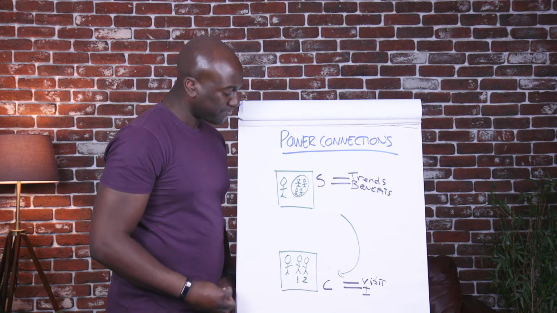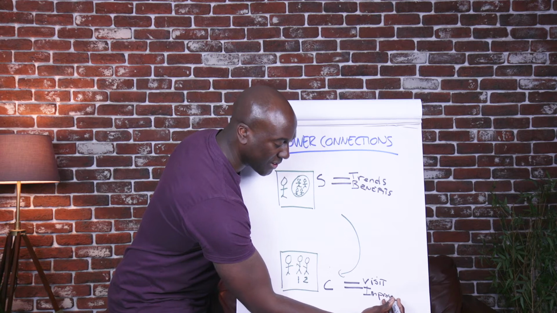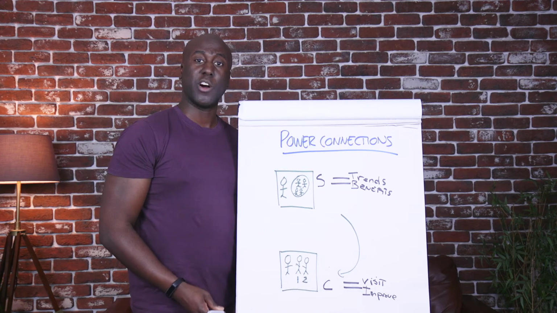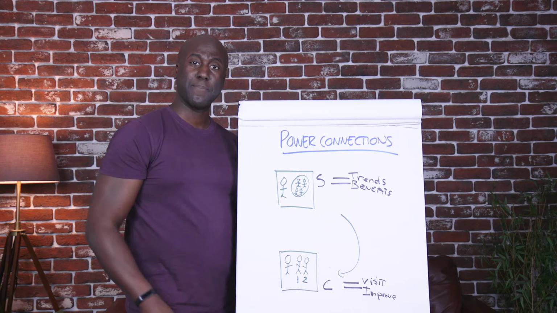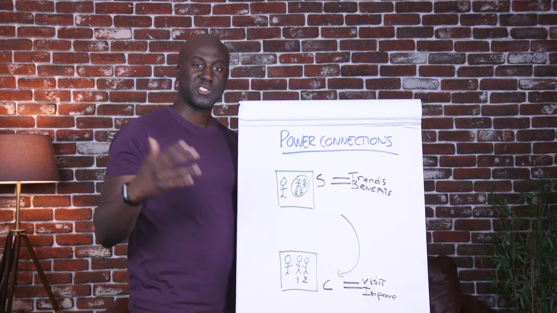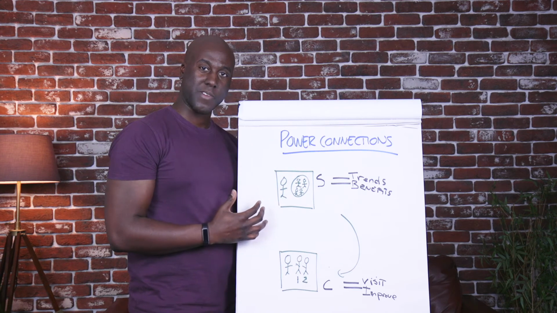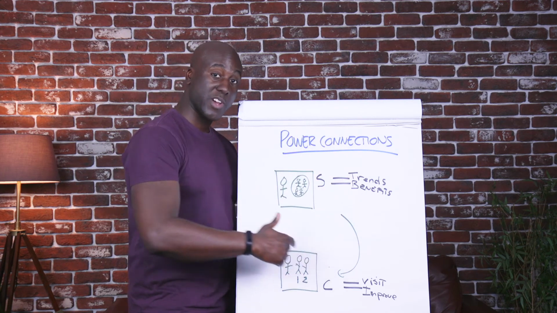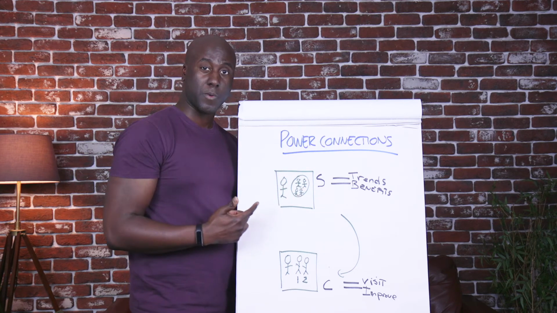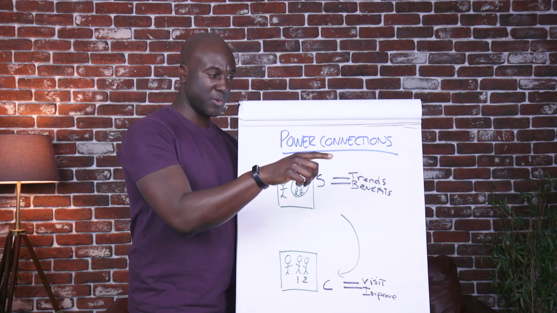That's the first part. Then what we want to do is look to improve. So I'll tell you just a really honest story here. The first time I started to think about Power Connections was about 6-7 years ago. And as we began to try out these different areas, we started to build a really interesting circle of influence base where we were in touch with the CEO. We knew who the CEO influenced, and we